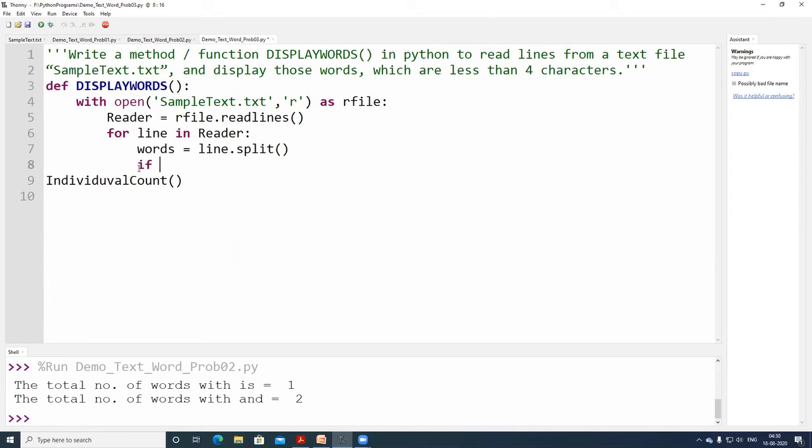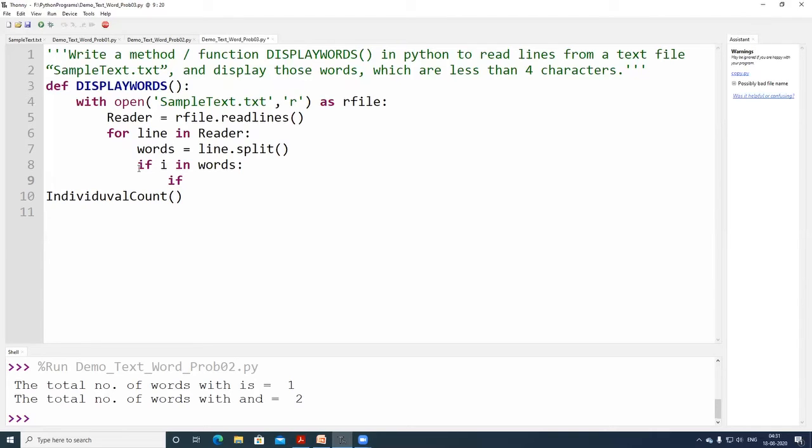After I have converted an entire line into a set of words, for i in words, this is what we have been using for the past 2 problems. For i in words, what to do?